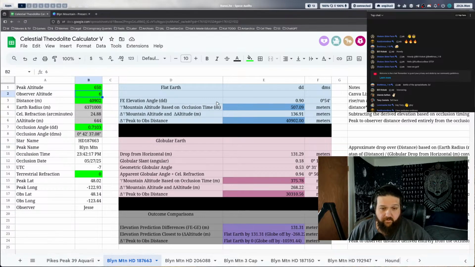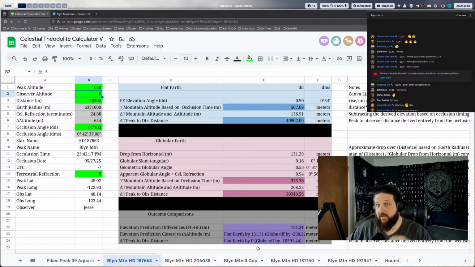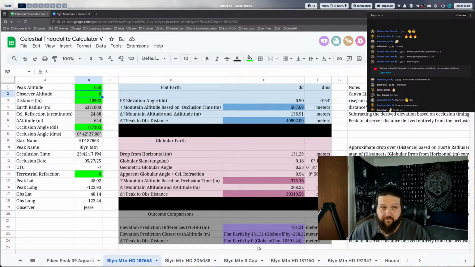So, the Blinn Mountain ones, where a simulator was used, where an idealized location was used, and so on. We get into the different analyses for the battle of the spreadsheets, right? Who's got the right thing? Jesse recently posted a thing where he showed how he derived his elevation differences using the focal length of his camera in arc minutes overlaid on his screen and measuring with an overlay. And I do not disagree with that sort of analysis at all. Where the corrections are based off of a physical process that's tangible, I totally support that.